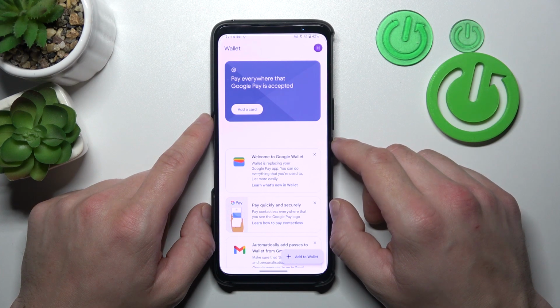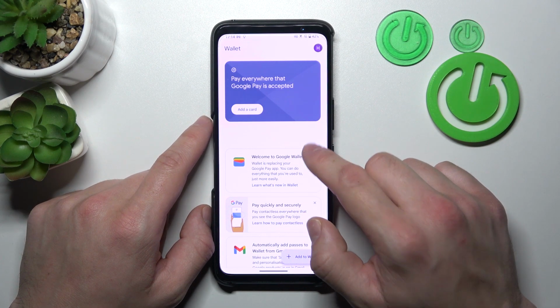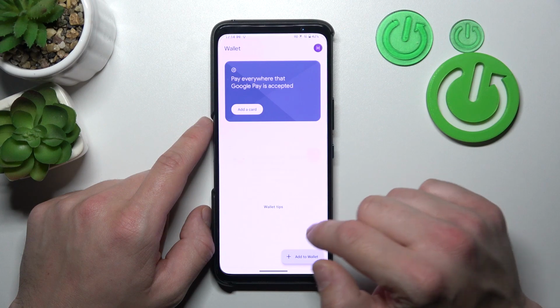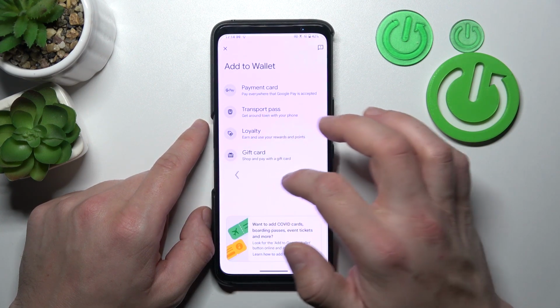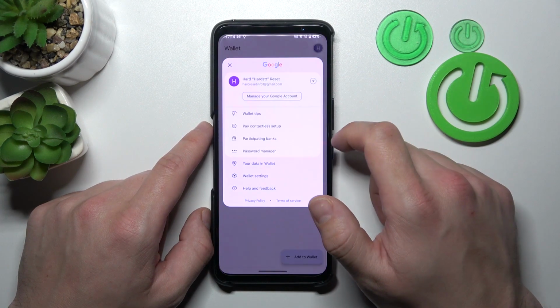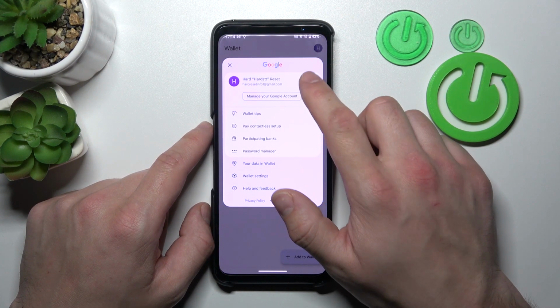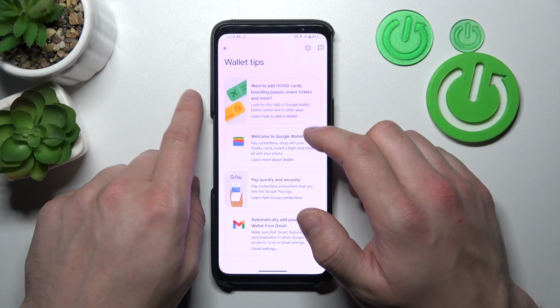And as you can see from the homepage of this app, you can add payment cards, check quick tips, and add passes like transport pass, loyalty and gift card. If you go to menu, you've got access to your Google account, all wallet tips,